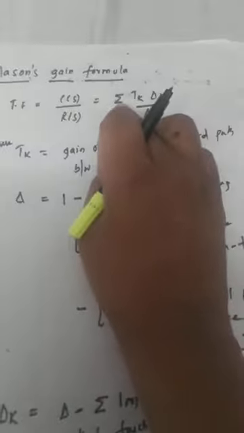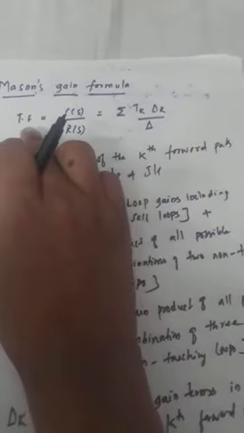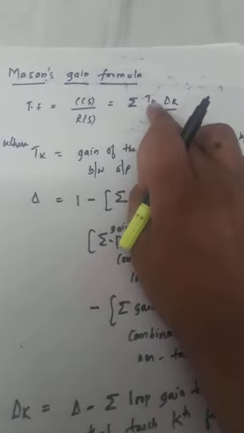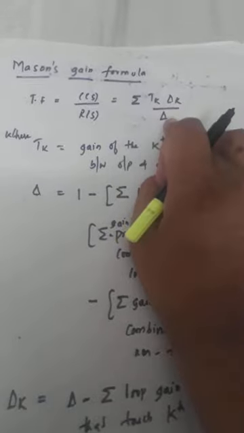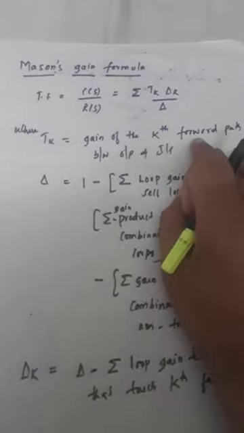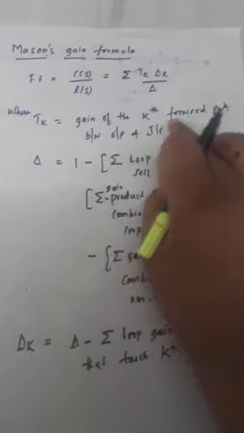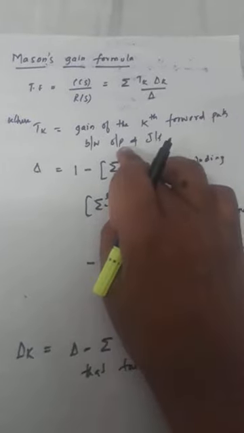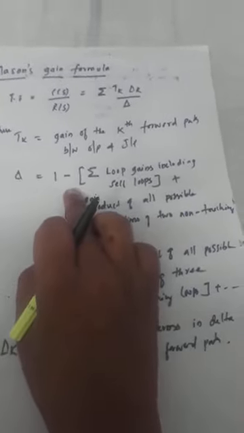Mason's gain formula is the algebraic sum of Tk delta k, whole divided by delta, where Tk is the gain of the kth forward path between output and input, and delta can be defined as delta equals 1 minus